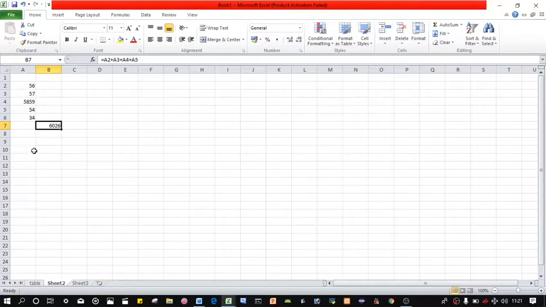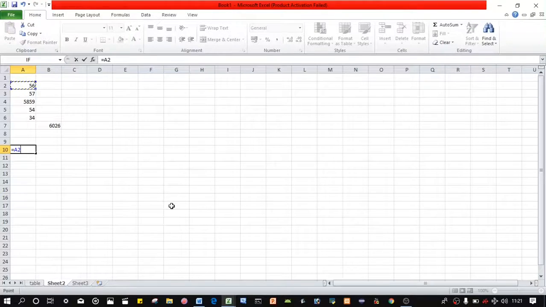Next one is absolute cell reference. What is absolute cell reference? Suppose I again put an equal to sign. For applying any formula, you have to firstly put an equal to sign. So we use this one. After that, suppose you want to add, so press the add button. After that, put a dollar sign.